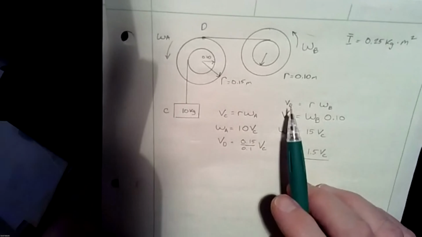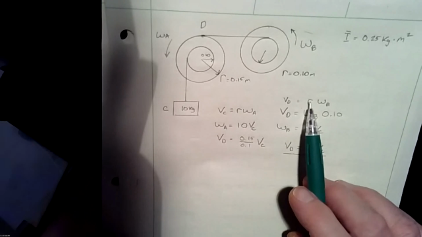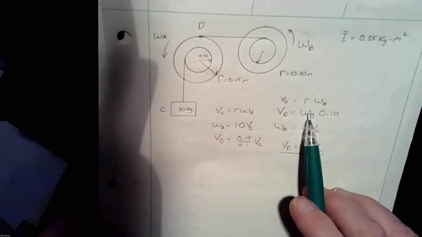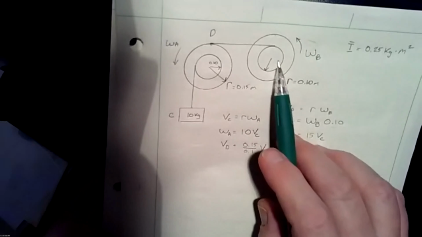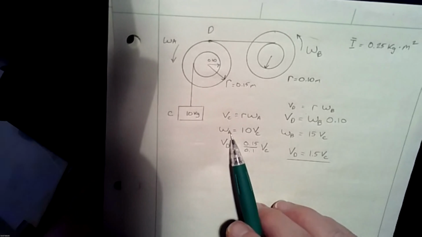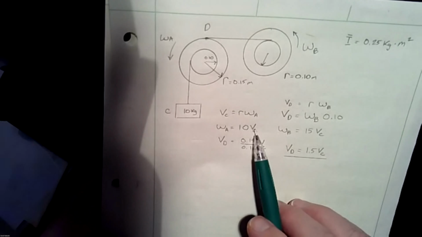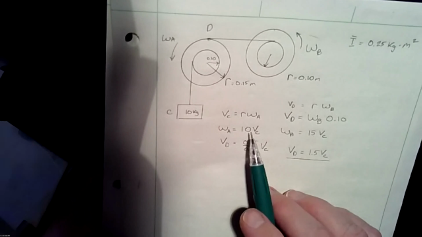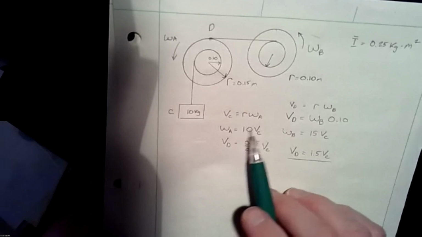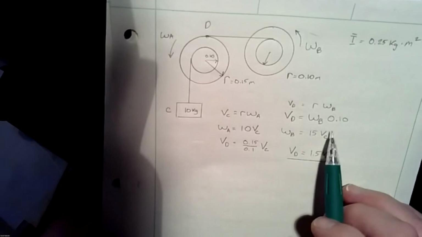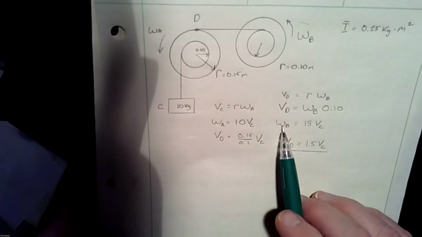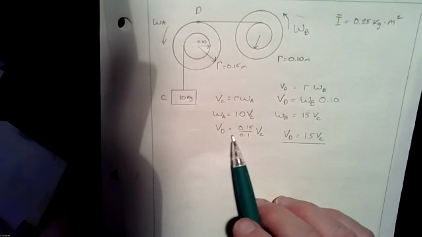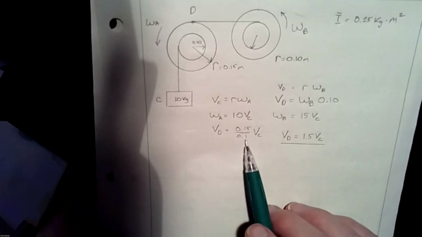And so we can write this here as velocity of D is equal to R times omega B, right? So the velocity of D is going to be the same speed as omega B times 0.1. We know omega A is going to equal 10 VC. Now, how do we get that? Well, basically we substitute, we take omega B equals 15 VC, and we know this relationship, velocity of D, like we learned in the problem we did in class with the